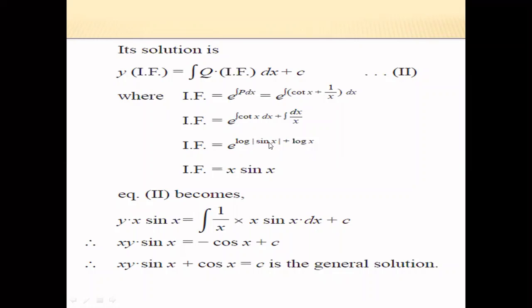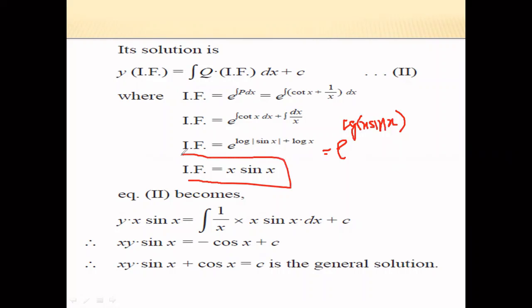Now here it is the value of log a plus log b. अब log a plus log b होता है तो it is very simple to take log of a into b. तो हमने यहाँ पे क्या किया, ये जो आपके अलग अलग टर्म्स थे इसको कंबाइन किया मैंने, e raised to power log of, अब टर्म हो गया आपका यहाँ पे x into sin x by using the property of log, x into sin x ले लिया मैंने. Now this exponential log r and d, so this get cancelled, it is simply x into sin x. So we get the value of this if is x into sin x.